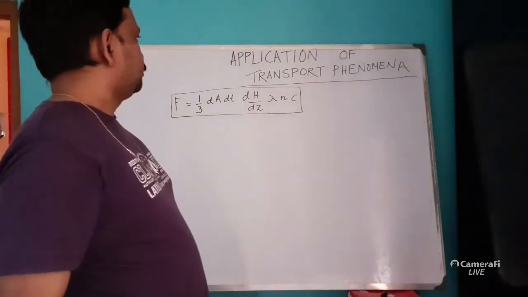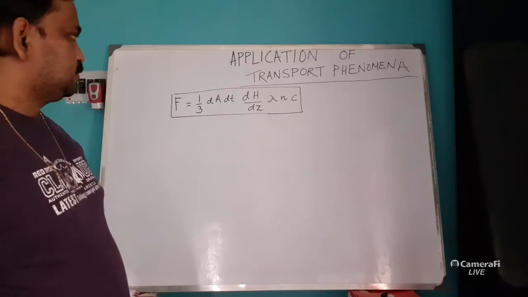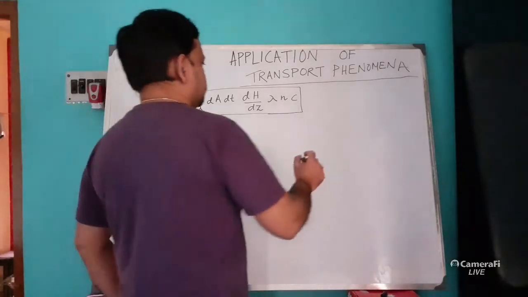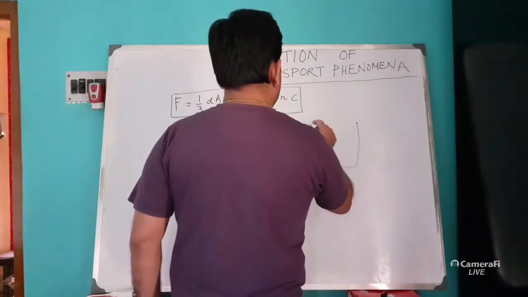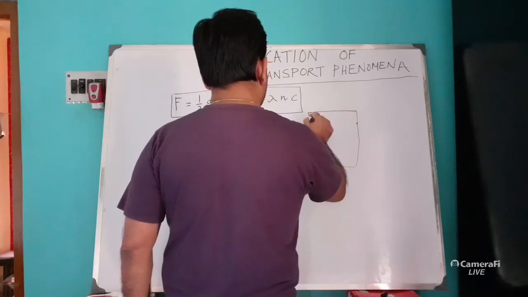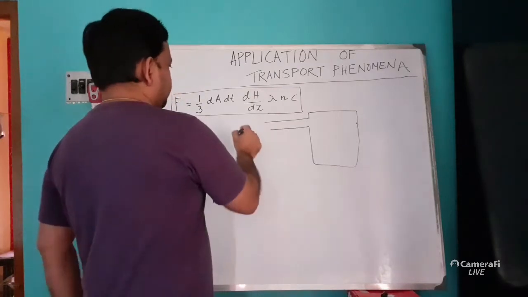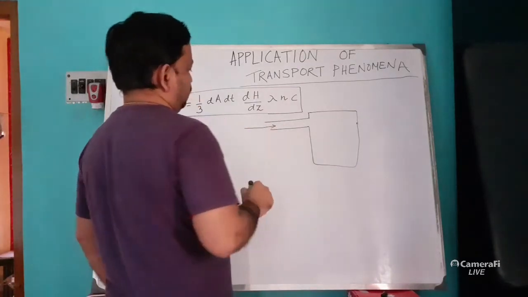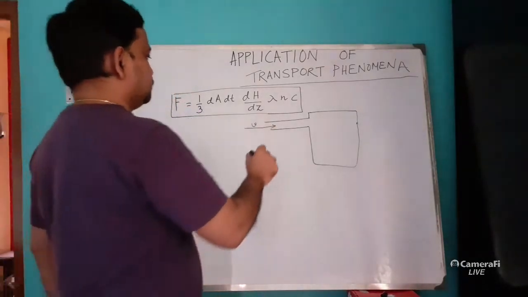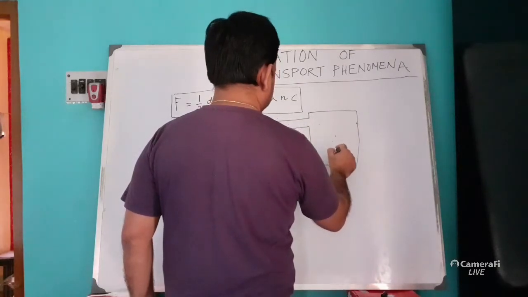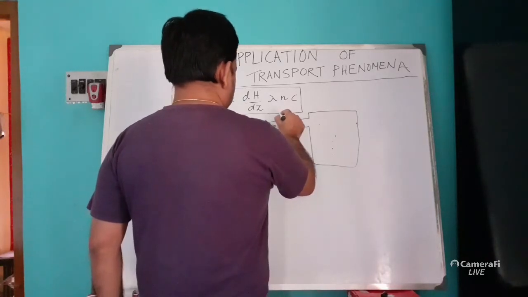Hello friends, today we are just going to start the application of transport phenomena in understanding various physical concepts. For example, if we consider a cylinder like this, and this cylinder is supposed to have been connected with a pipe, and this pipe allows the flow of the gas molecules with certain velocity V, and this gas enters into this cylinder, and after time del t we just stop